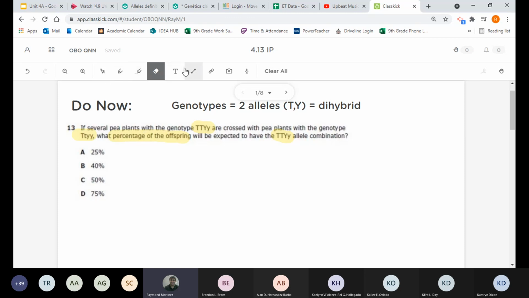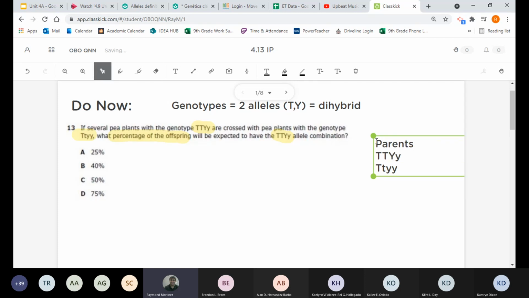So we've got mom and dad, right? We've got a big T, big Y, little y. We've got a big T, little y, little y. So these are the parents. So what you want to do then is independently assort them into your